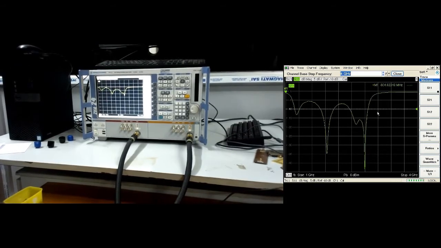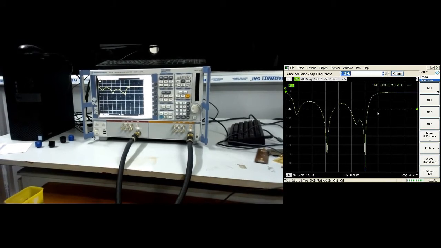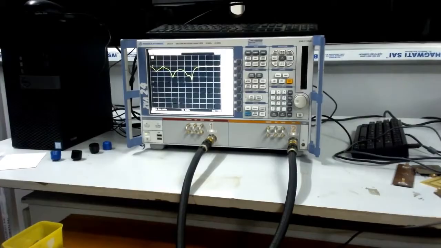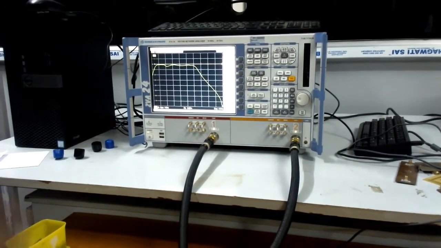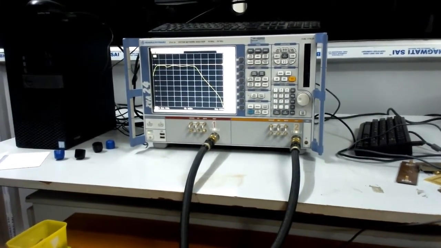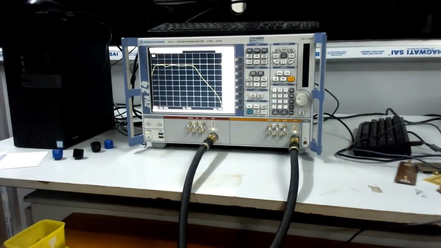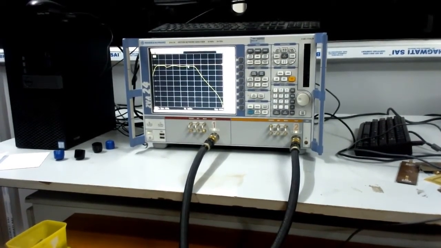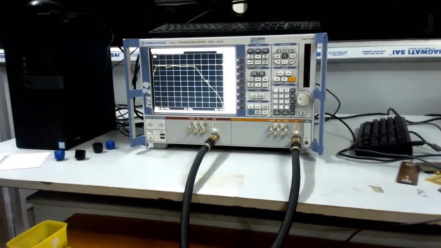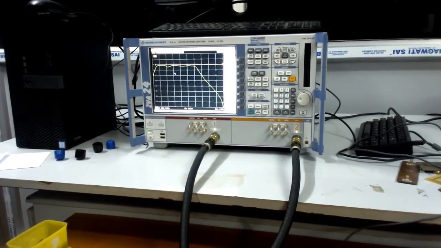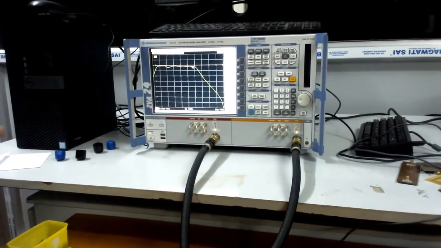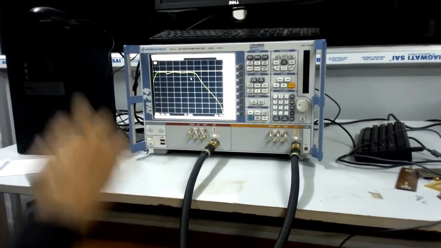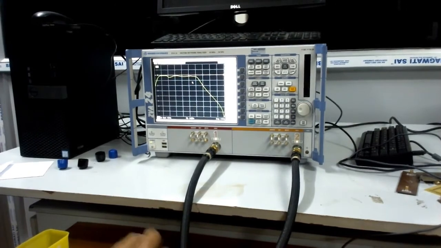Already we have got the reading for S11. Now we will go for S12. So as we have seen on the screen, for the low pass filter, from here the attenuation has started, and in the low pass side we can also check at what point the attenuation has started by using our cursor.